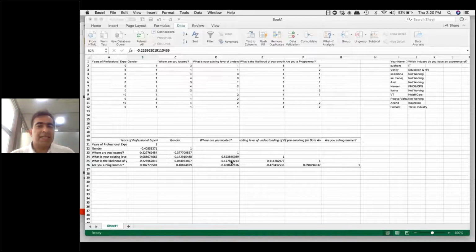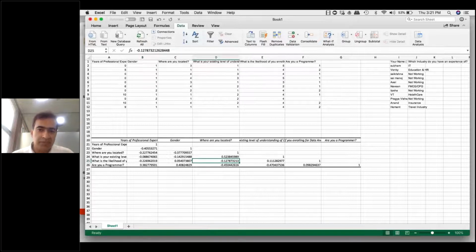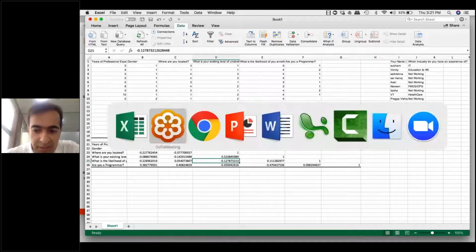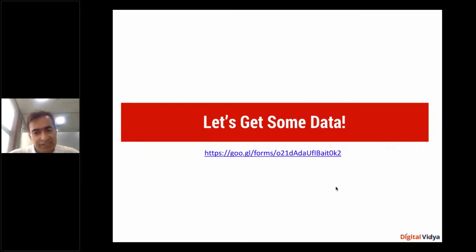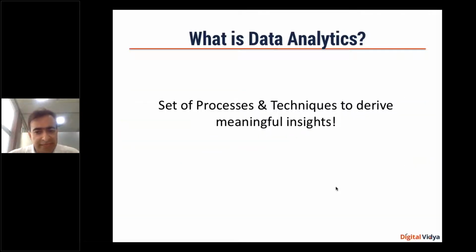Interesting. So, as data scientists, we have worked together and come up with some insights, and now we pass it on to the business people, and they would derive some value out of it, and we'll look into the next business problem. So fundamentally, what we have done in the last 10 minutes is that we've followed a set of processes, worked around a few techniques, and come up with some meaningful insights. That's what data analytics, that's what data science is all about. There's no difference. No matter what you're doing, you're fundamentally doing the whole thing.